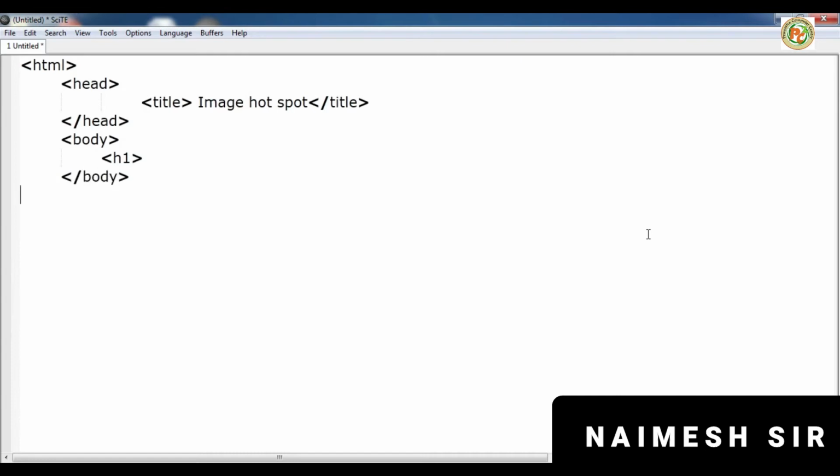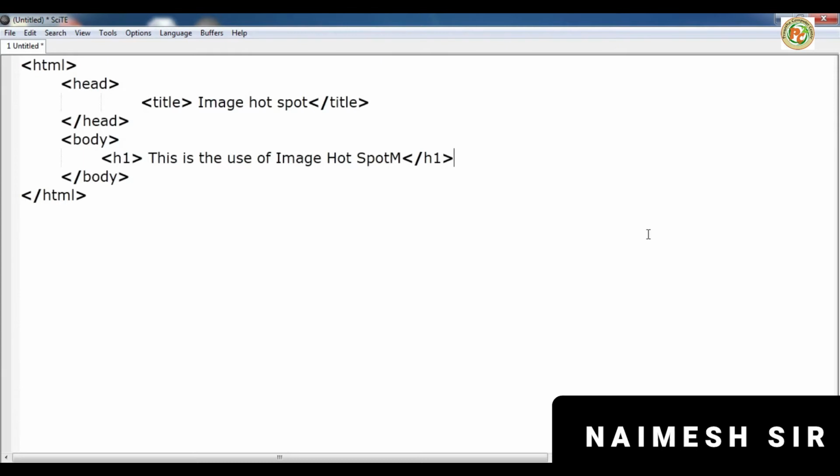See, very first we have to design the structure of the HTML, then we can modify. Here we'll write: this is the use of image hotspot, closing h1.